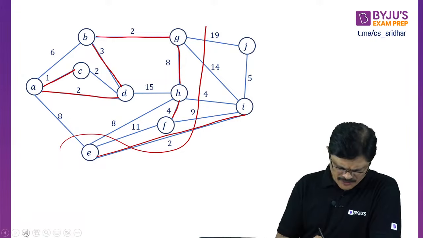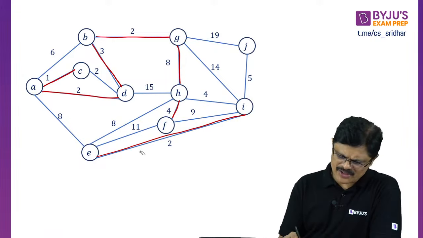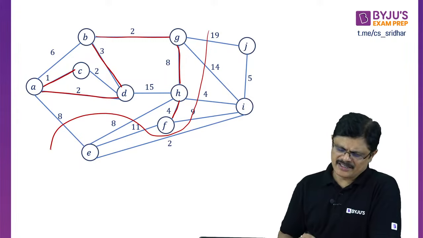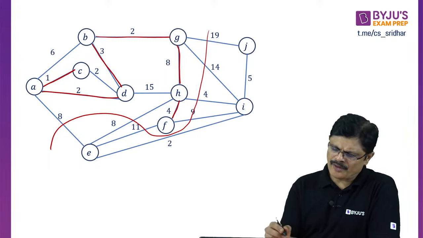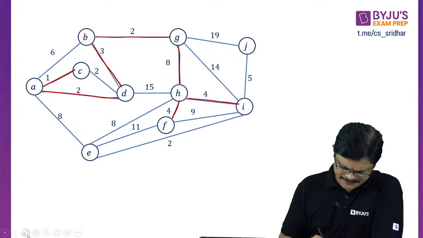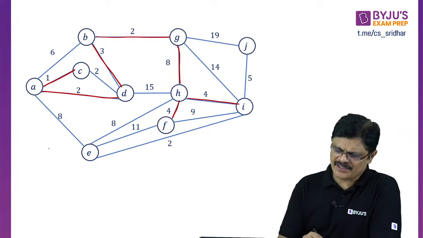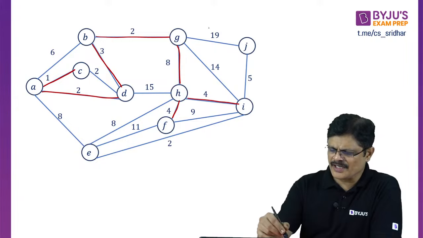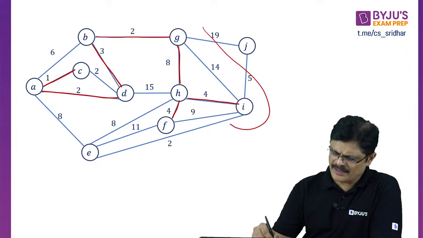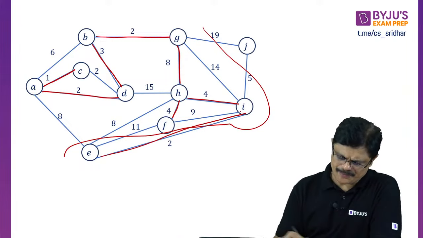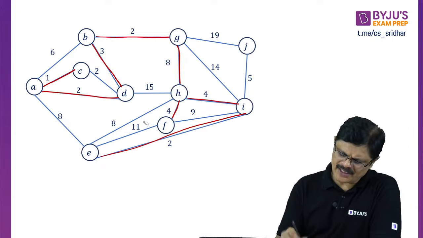How do you select 2, sir? Sorry, this cut was wrong. This cut was wrong, because only these vertices are covered. Now we have to create the cut like this. This is the cut. So in this, 8, 8, 11, 9, 4, 14 and 19, 4 is the minimum. Select that and create the next cut. So this 2 is already there now, this one. And this is also selected now, this one. So in this the least cost edge is 2. Select that and remove this.